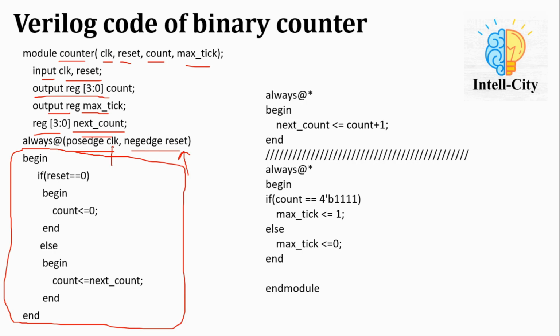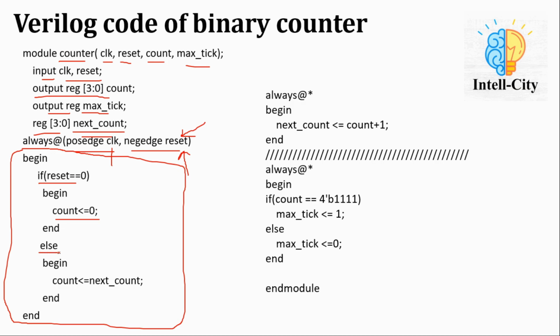So how can we do this? We can check the value of the reset. If the value of the reset is 0, that means this particular execution of the always block was done by the reset signal. So if reset is 0, then we need to make the count value 0. This is the condition of the reset, so we assign 0 to this count register.